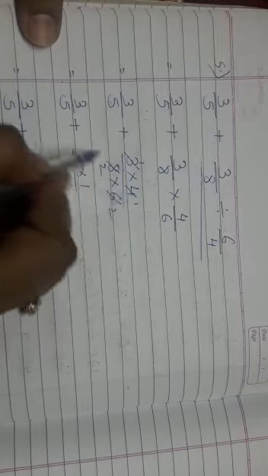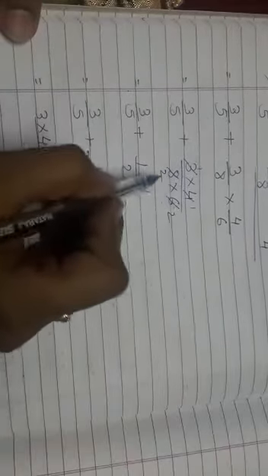3 fours are and 8 sixes are, as you can see here. Now I have cancelled it here. 3 ones are, 3 twos are 6, and 4 ones are, 4 twos are 8. So what do we get? 1 ones are, 2 twos are. So here I have written it. 1 one is 1, 2 twos are 4.